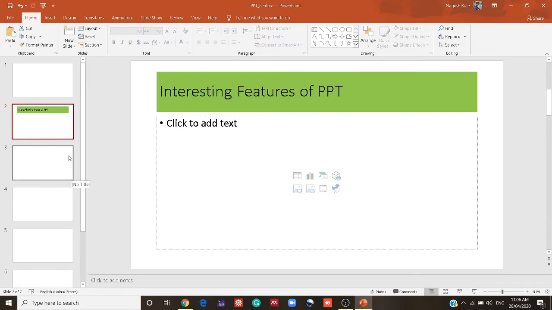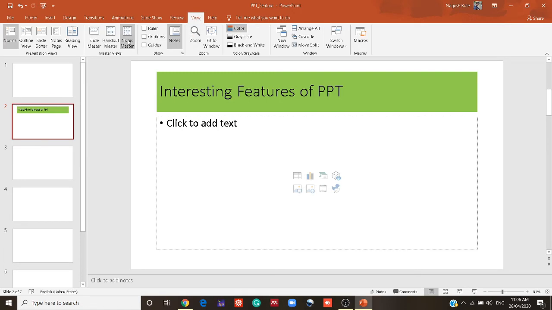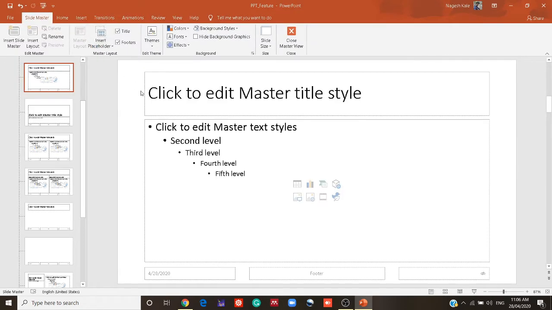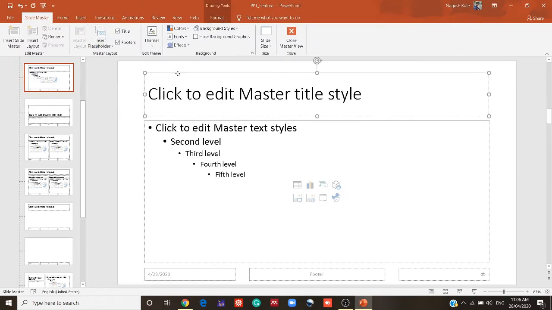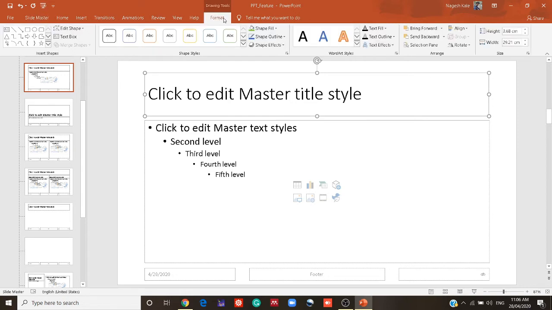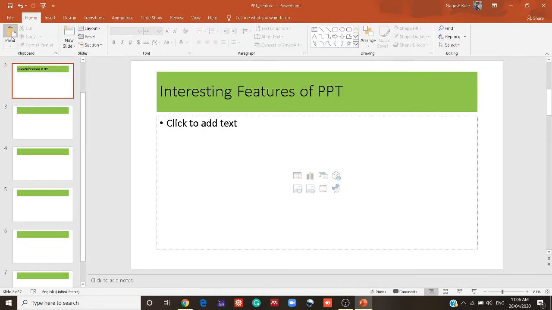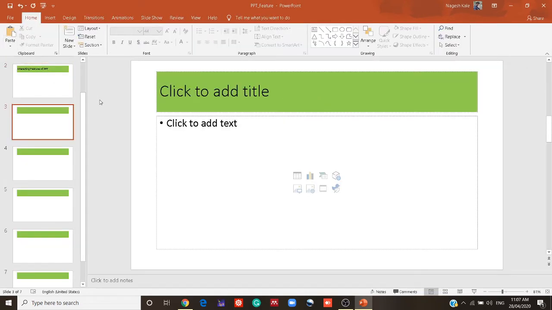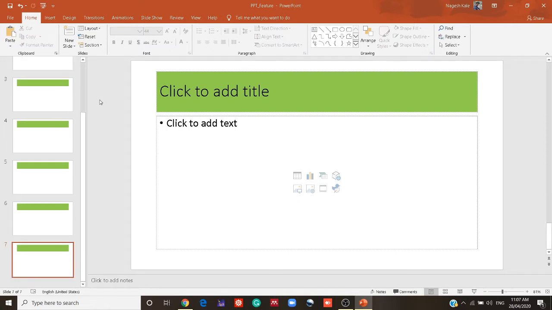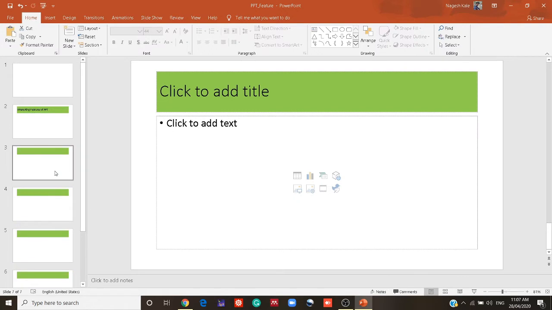So what can I do for that is just go to the view, go to the slide master, then click on the title, select that title, go to format, fill that shape by green color as I want it to be, then go again to view and go to normal view. Now you can see that each and every slide has the title with a green background. So this is one of the important and interesting features of PPT.